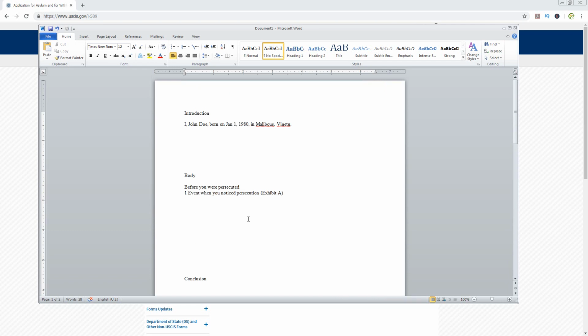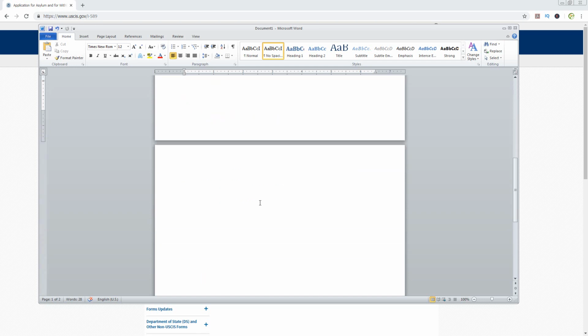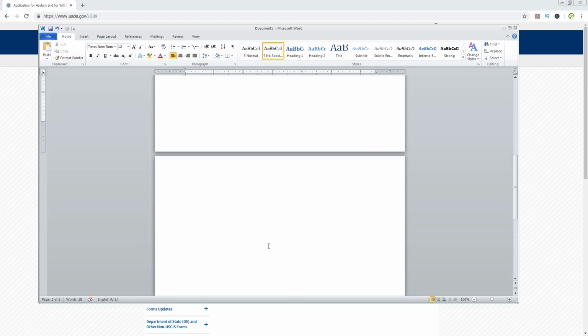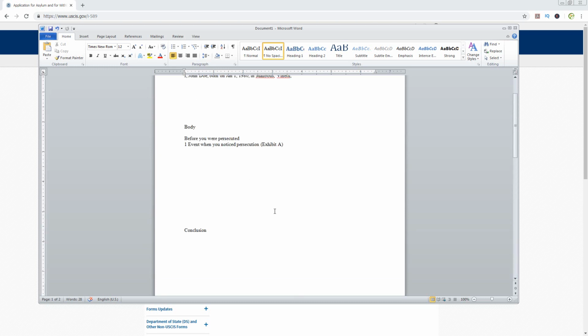So you're making it easier for the immigration officer to go through your statement and refer to all of that evidence. Because think about it, you can write the whole statement, and then you can attach all the evidence, but the immigration officer will have to go through all of that evidence and try to link it to all these events in the body. It can get pretty complicated. So if you do this: on January 1st, 2000, I was attacked on the street, I filed a police report, and then Exhibit A, or you can say see attached